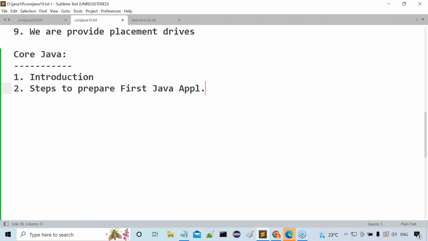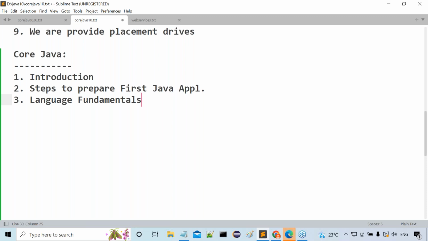Then after completion of this, the third one is language fundamentals, which I want to discuss with you. What I'm going to discuss inside this language fundamentals, all of you guys observe carefully. We are going to discuss the basics of Java programming, like what are the various tokens available, how many keywords are available, what the keywords are, and what operators are available. Then after that, a number of operators are available in Java. All the operators we are going to understand.